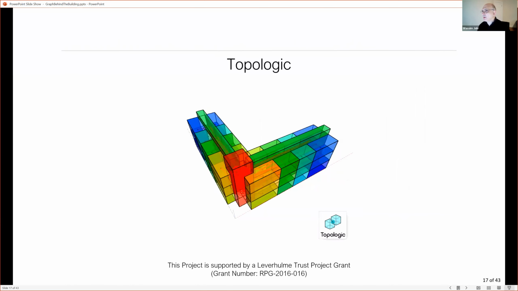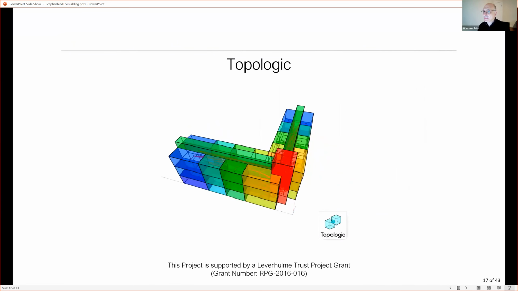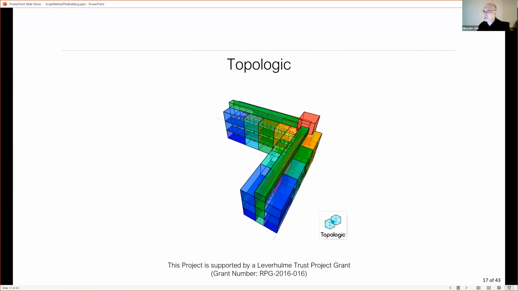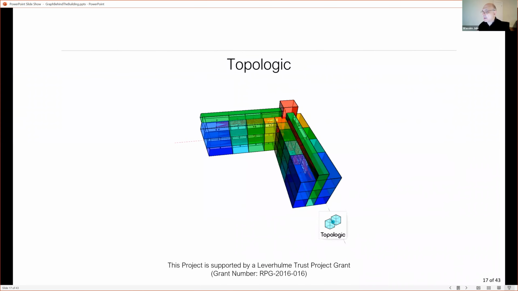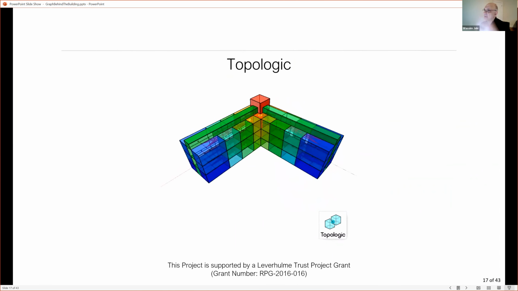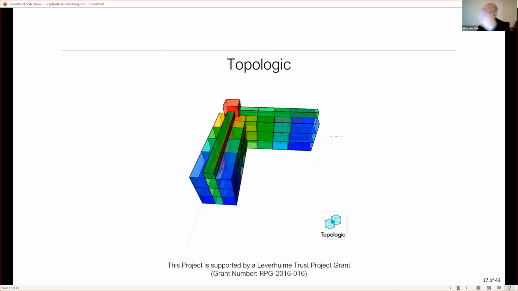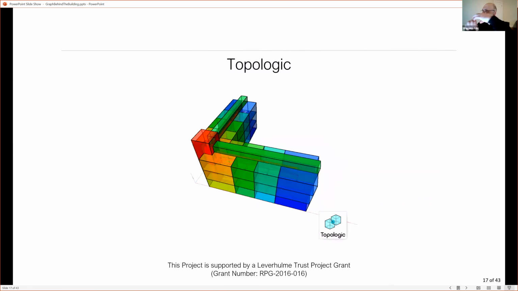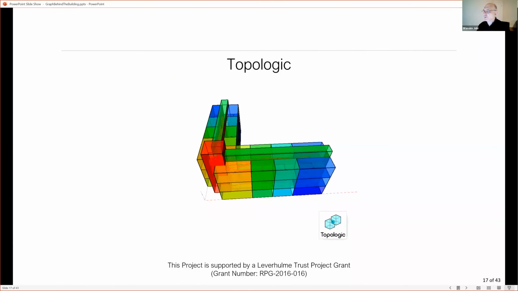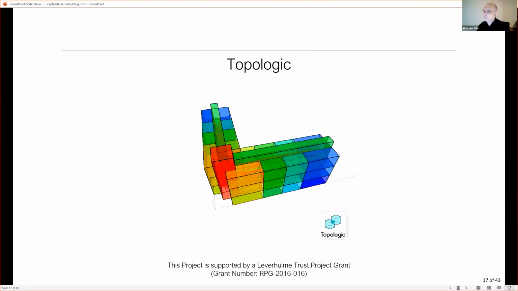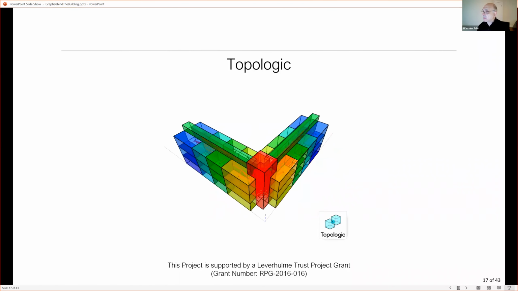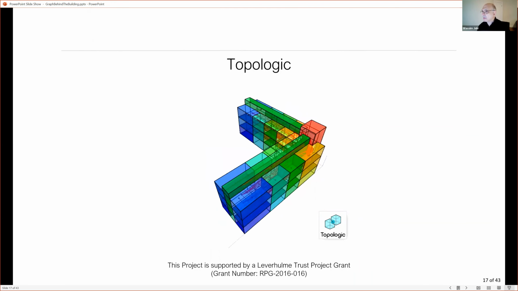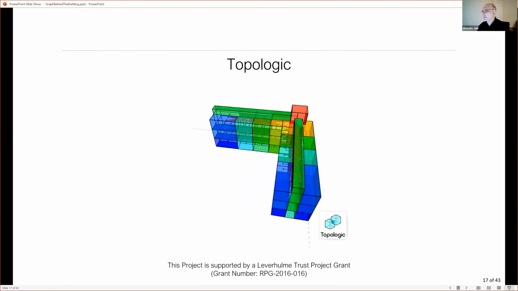But let me introduce to you a little bit more formally Topologic. And this is a simple version of what you've seen before. So what you are seeing here is obviously an abstraction of a building. It looks like a building, some kind of L-shaped building. And it looks like there's an atrium in the corner, this red volume that goes from ground floor to the top third floor, and two green corridors perhaps at every floor, right? But there's more to it. Besides the fact that we are abstracting the building, it also has two elements. It's color coded, and it has this strange graph in the middle, right?